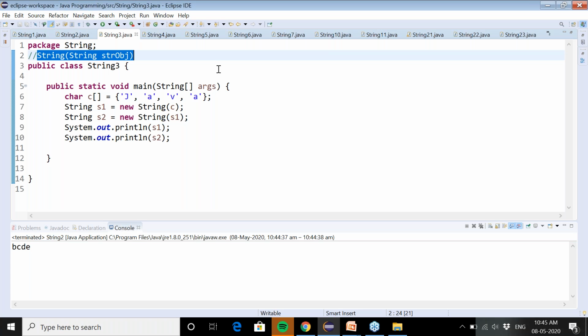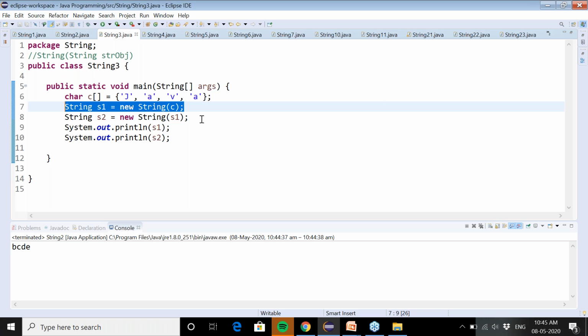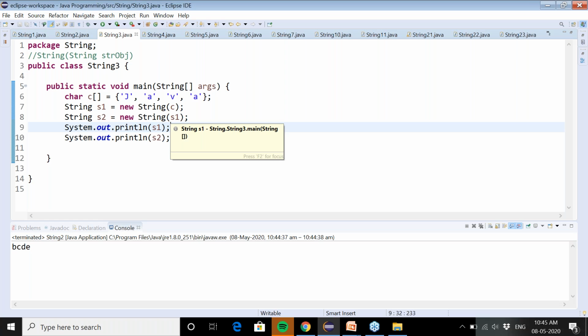We are building a string from that character type array using this statement that we discussed in the earlier programs. Then this is the new step, building a string from another string. So we are calling the constructor of the string class with new String and passing another string to it. So we are passing s1, that is the string Java. So this will build another string out of that. So you will get s2.